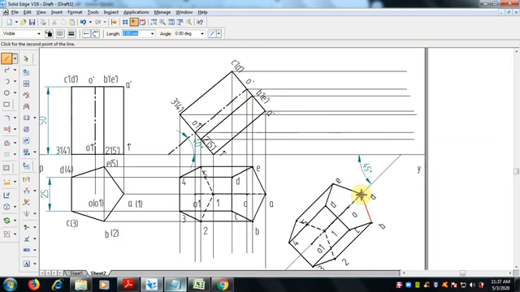So first I'll select A, where A will meet here with A dash, B with B dash, C will come here. If you want, you can extend it and then you can trim it.